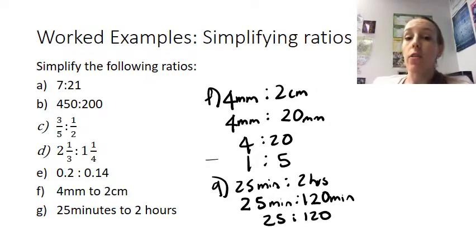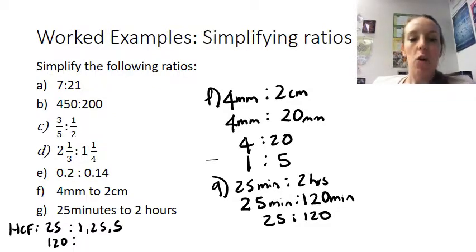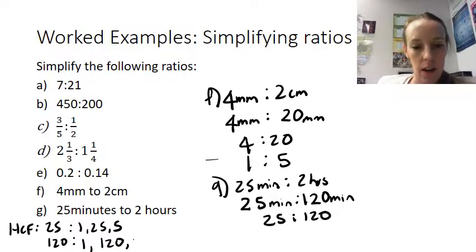We can divide those by their highest common factor. If you're not sure of their highest common factor, obviously you'd write this below. I'm just running out of space. So you can do 25 and 120. For 25 we've got 1 and 25, and we've got 5. For 120, we've got 1, 120, 2, 60,